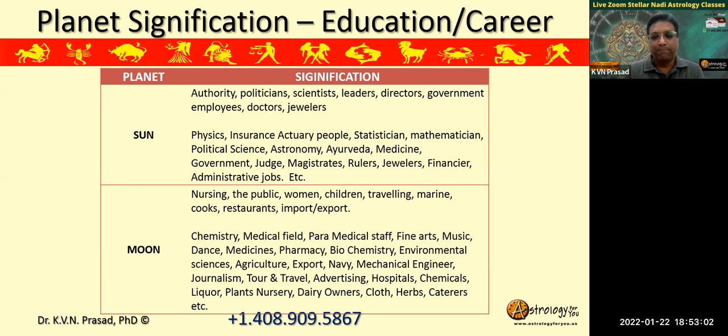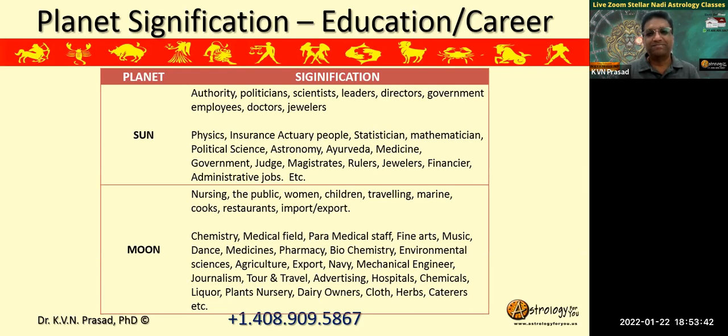Sir, actually, in my case also, when I happened to come to the US, I didn't have an idea to come to you. I mean, I always liked coming, but I didn't really think of it before. So I was just looking at the AstroSage app, even before joining our class, at least 2-3 weeks before that. I was just seeing Dasha and Antardasha. So my ninth lord, like Rahu Mahadasha was going on, and Rahu is in the 9th house. Okay. And a sudden travel happened. It was a sudden travel, and it was a long distance travel.